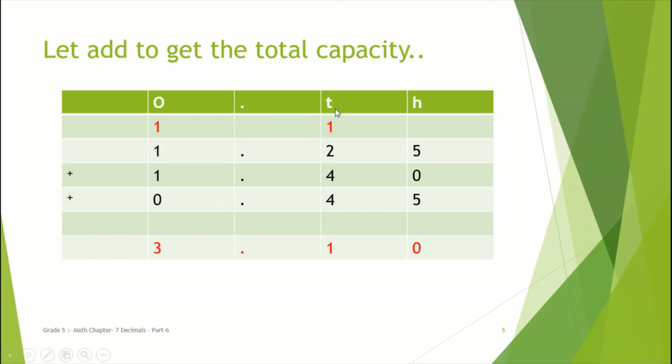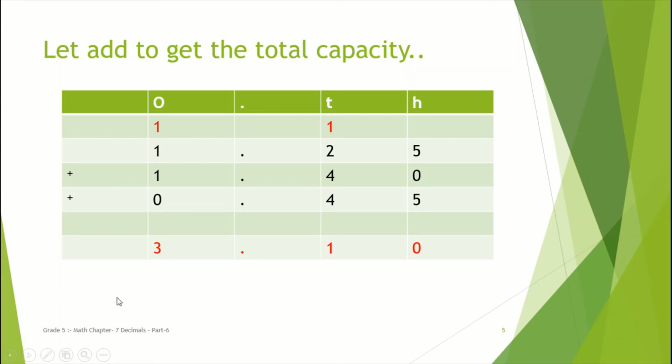Okay. Now we'll add the digit that is at 10th place. So here we have digit 1 plus 2 plus 4 plus 4. So 1 plus 2 is 3. 3 plus 4 is 7 and 7 plus 4 is 11. Okay. So what we'll do, we'll put 1 over here and 1 will be carry forwarded to the next place value. So here we have 1s.